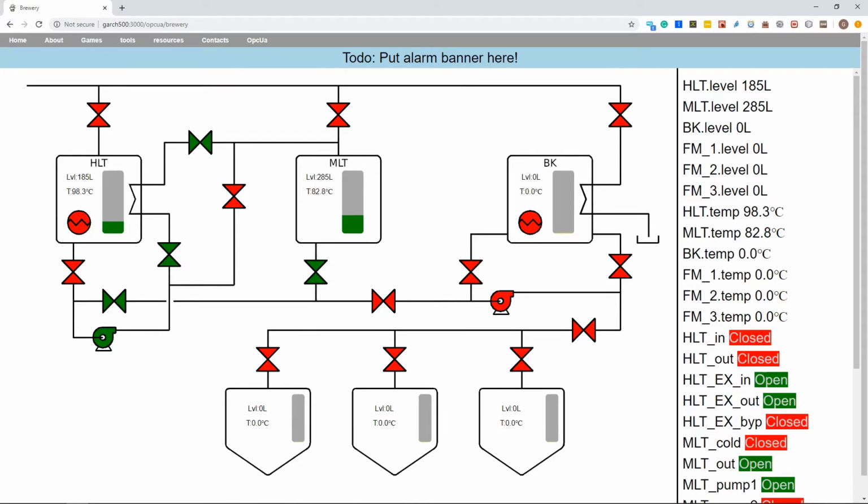That can be pumped out into the boil kettle. And again, we can start heating it with the heater. And in this case, it allows it to go all the way to 100 degrees. But once it gets past 100 degrees, it starts boiling off. So once everything's pumped out of this tank, you'll see the boil off. That's extremely fast, but